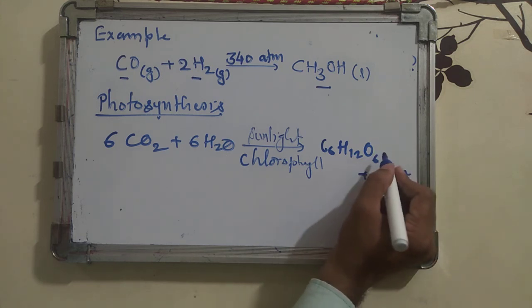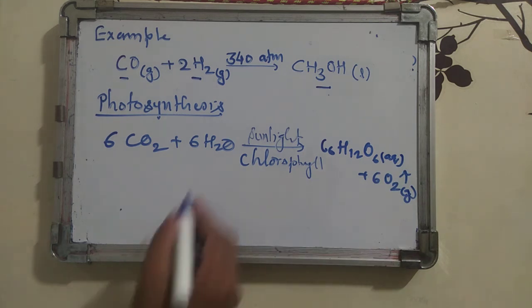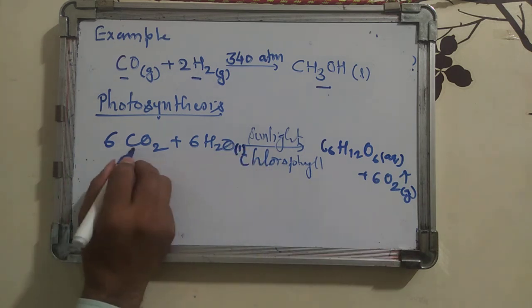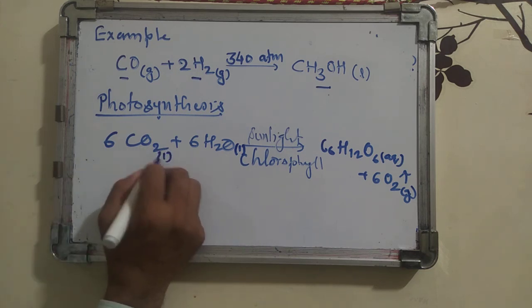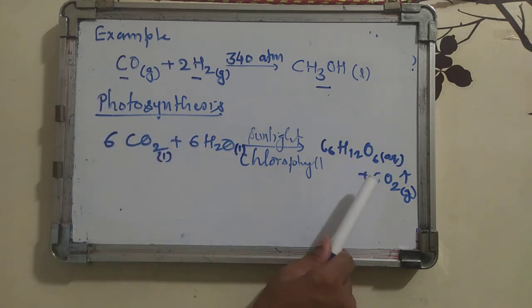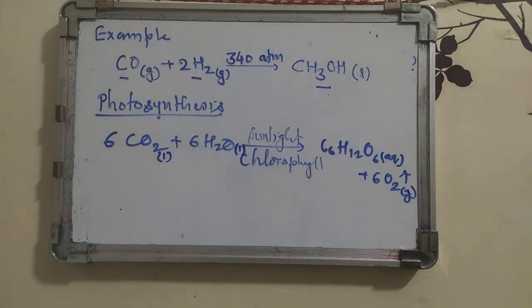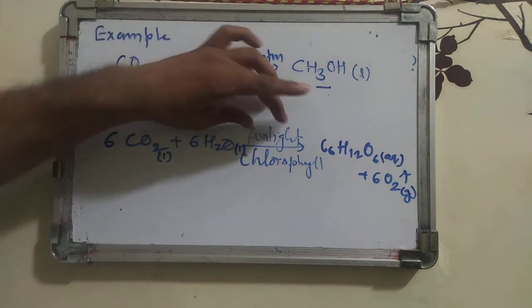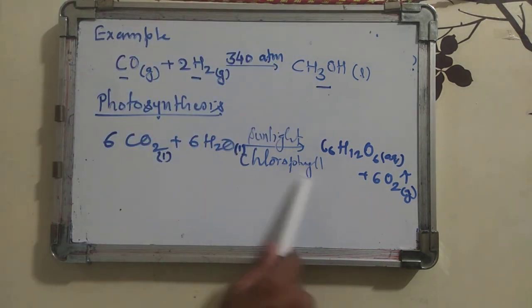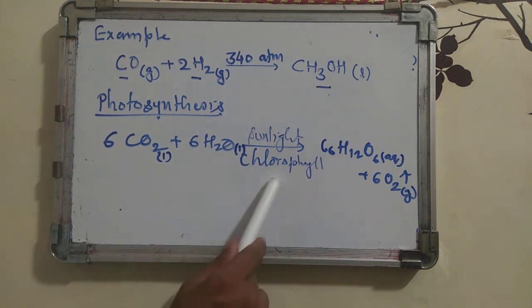The upward arrow is shown here. This is the aqueous form, which means it is dissolved in water. This water is in liquid form. Carbon dioxide is also dissolved, generally we take it in the gaseous form, but here it is in the form of dissolved carbon dioxide during the photosynthesis process. We are writing these reactions only to show the conditions. Somewhere pressure is the condition, somewhere temperature is the condition, somewhere some molecules are required to enhance the rate of reaction. So this is chlorophyll; without chlorophyll it is not possible to carry out the reaction of photosynthesis.